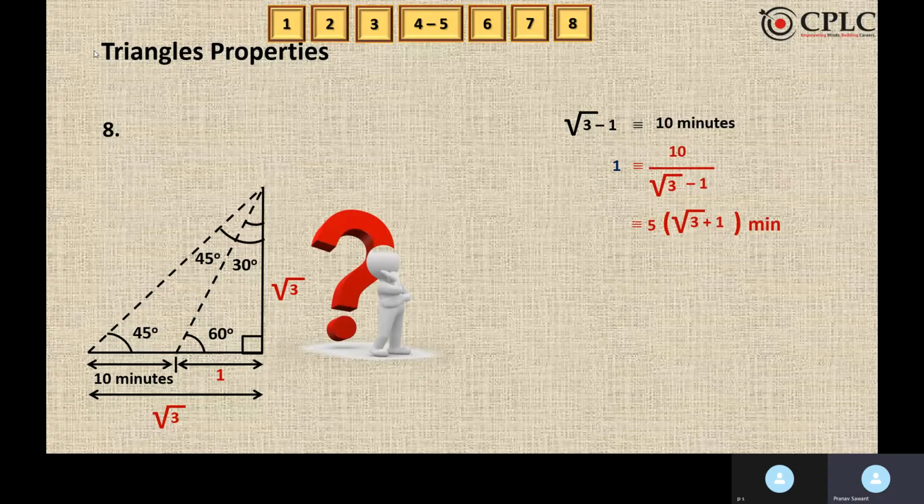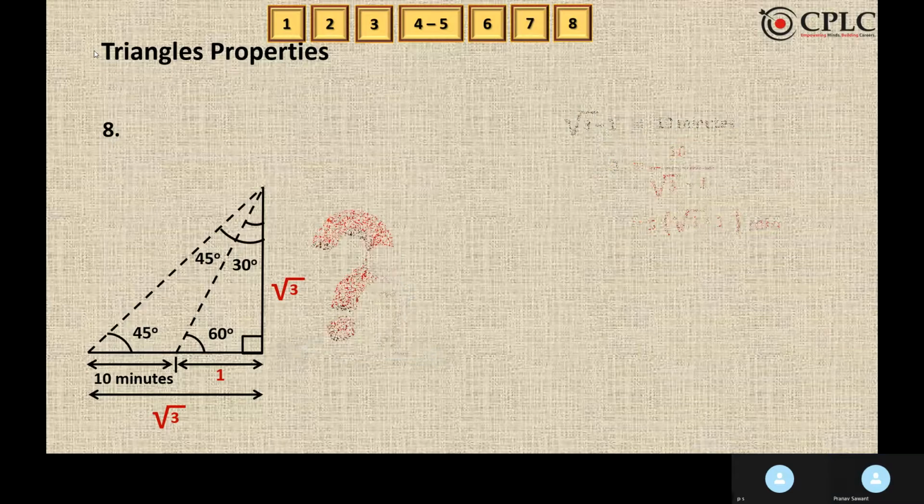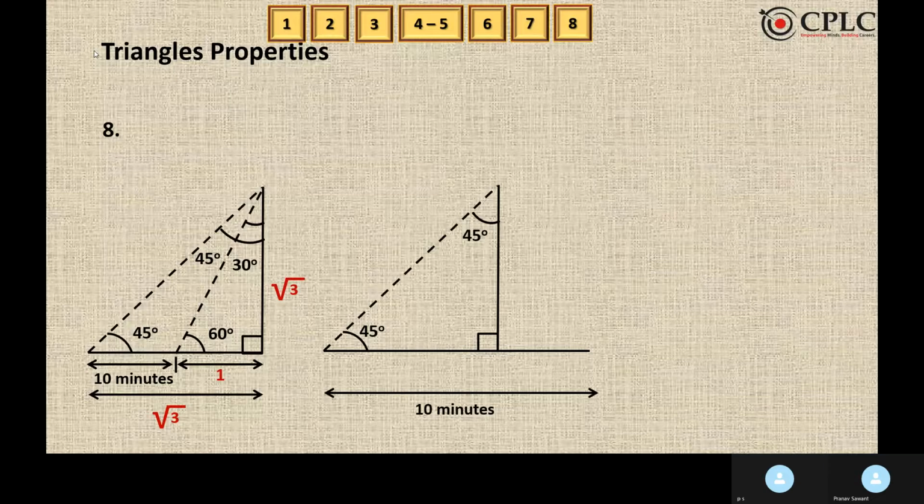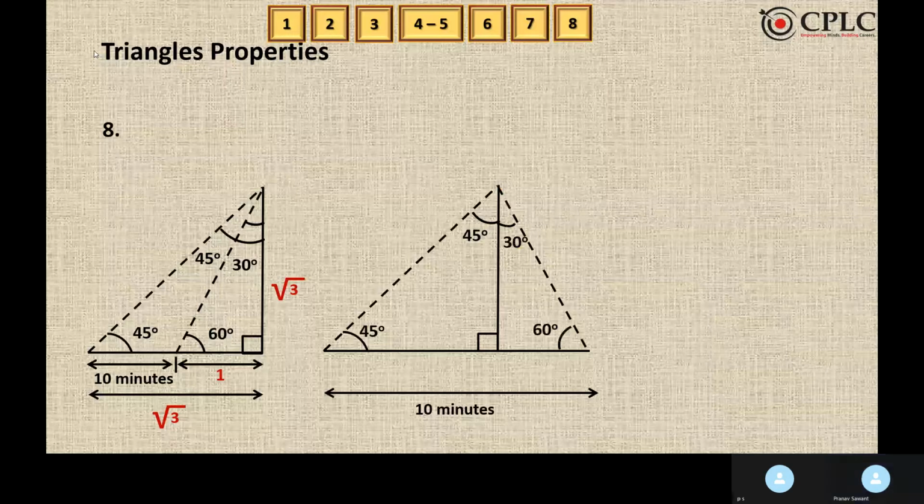Now, this is not the final answer. There can be one more case to this. So, let's look at that case. The other case is this is the pole and the car is on the right hand side. This entire base is the 10 minutes. Now, this is a triangle which is 45, 45, 90, and the base is 10 minutes. Now, we can say that the car has crossed the pole,